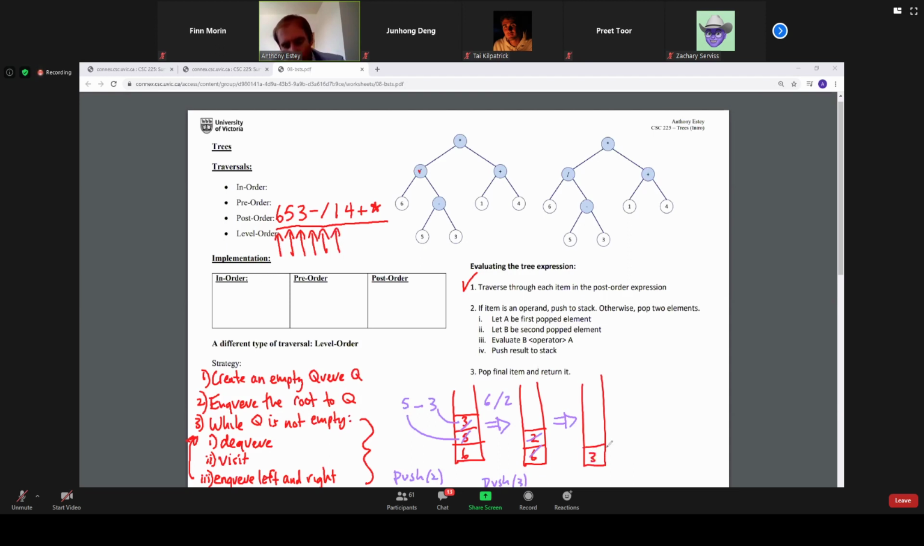And now we're going to visit the next item. It's a 1, so we can just push it. Now we're going to visit the next item. It's a 4, so we can just push it. Now we see we're at a plus again. So we're going to have to do that double pop again. We're going to have to pop the 4, pop the 1,